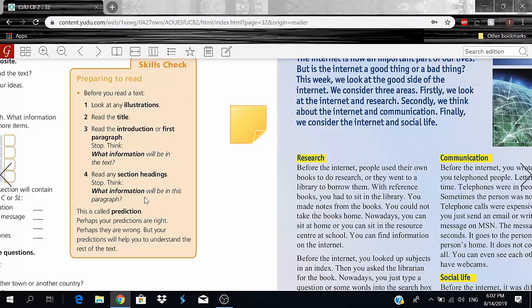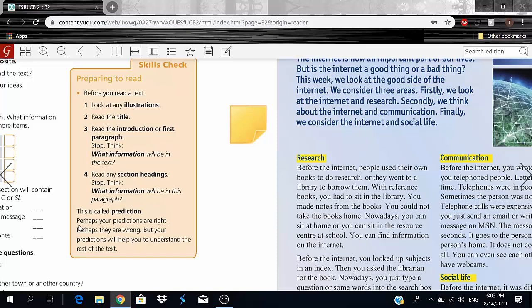What is this called, you ask? This is called prediction. And what does prediction mean? Prediction means predicting how something's going to happen or if something's going to happen. Like, let's say, for example, you're not too sure if you're going to get your paycheck next week, right? So you say, I might get it, I might not, but I think I'll get it. Maybe your predictions are right, maybe you're wrong, but it's a prediction nonetheless, okay?